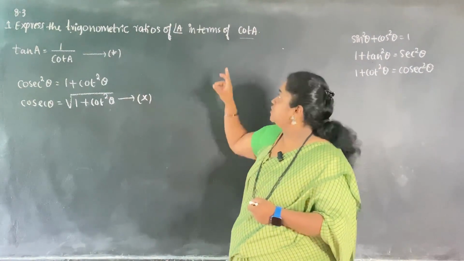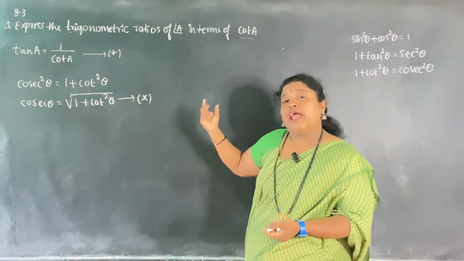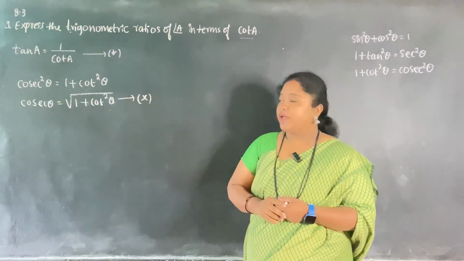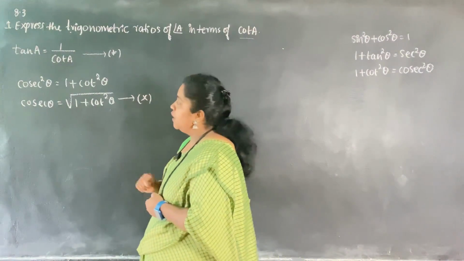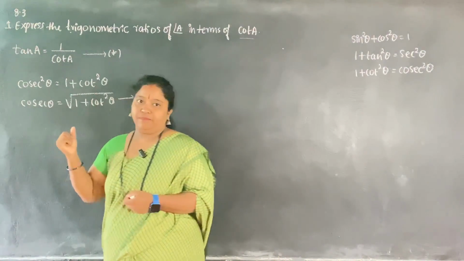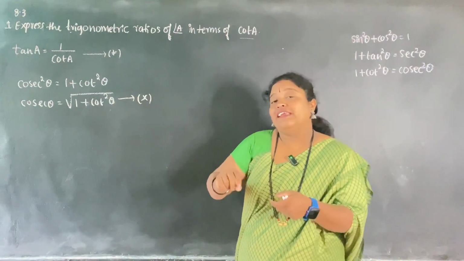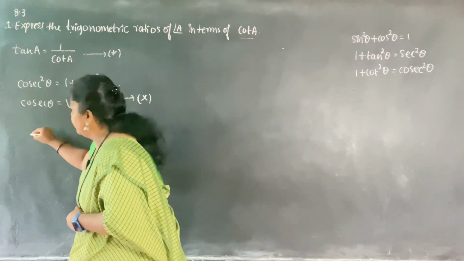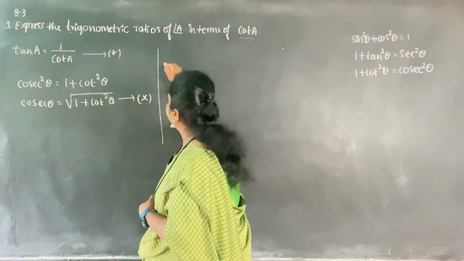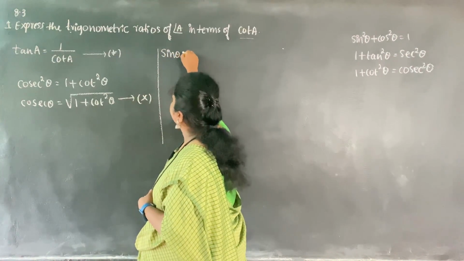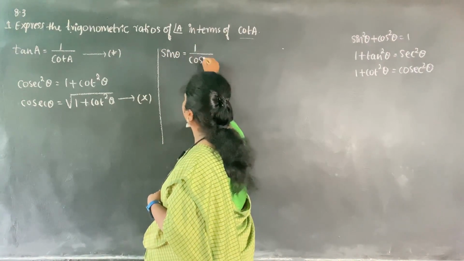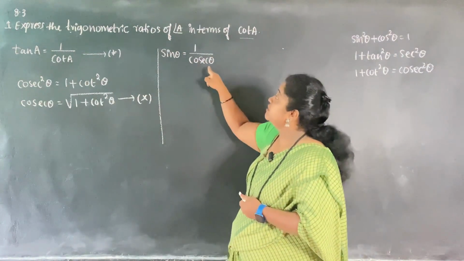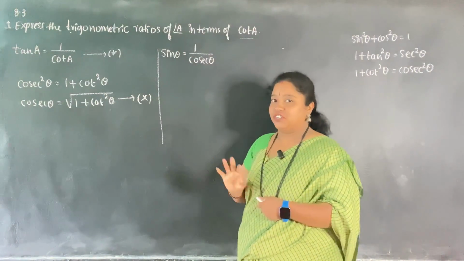Next we'll go to the third one, which third one is already provided. In terms of cot I have to write, means I have to write only 5 trigonometric ratios in terms of the cot formation. Okay, now 2 are over. Now dear, once I know cosec, can I write sine? Because sine and cosec are inversely proportional. So what I say is, dears, you know that sine theta is equal to 1 by cosec theta. Yes or no? Sine theta is equal to 1 by cosec theta. This is the inverse proportionality relation that we have.